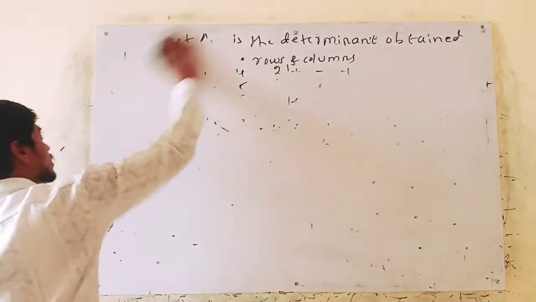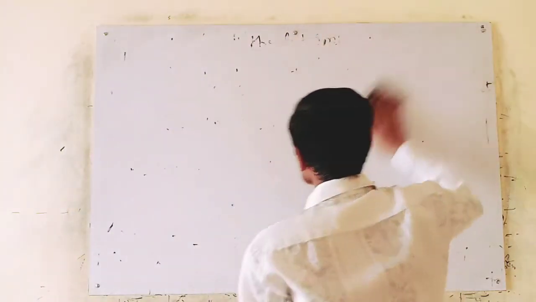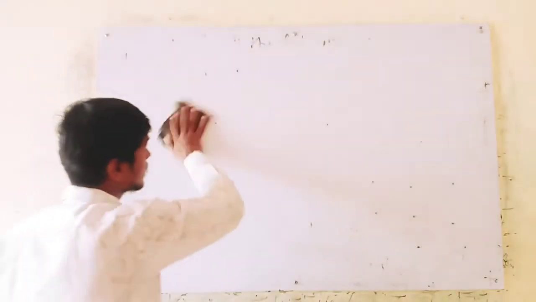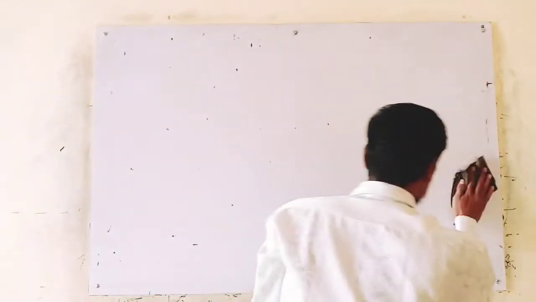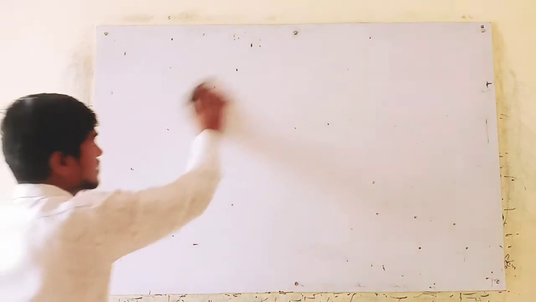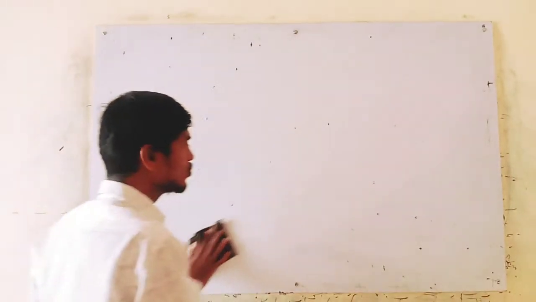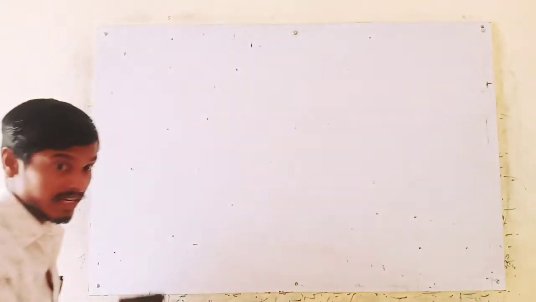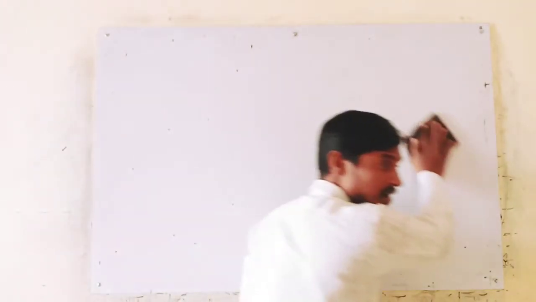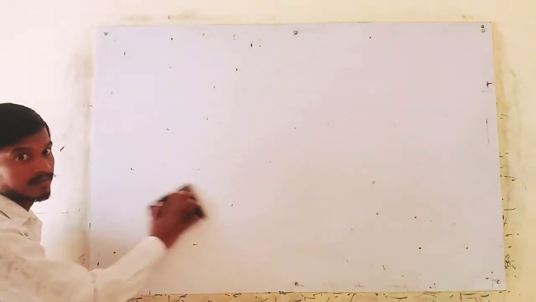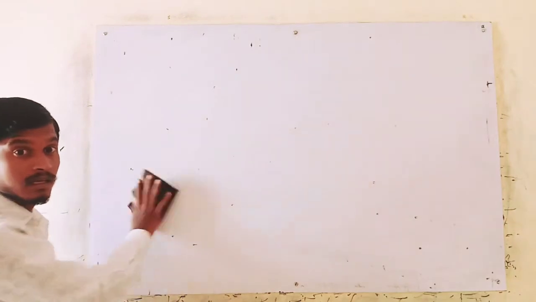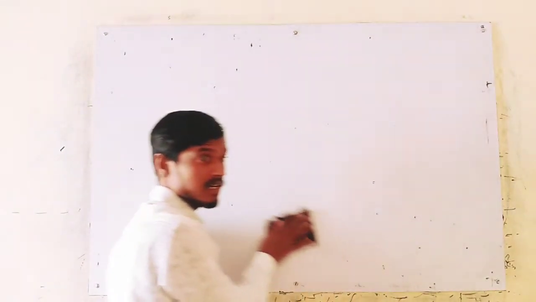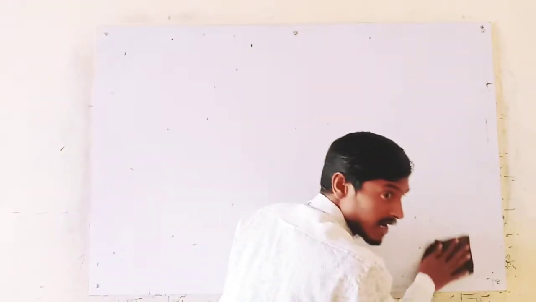I will go through property number 2. So the statement, see here what it says. Property number 2 says that if any two rows or any two columns are interchanged, then the sign of the determinant value changes. So let me note interchanging of any two rows or any two columns. Really, in case of finding the inverse using the elementary operations.